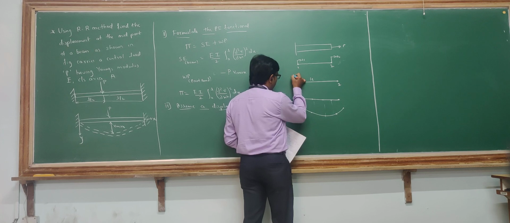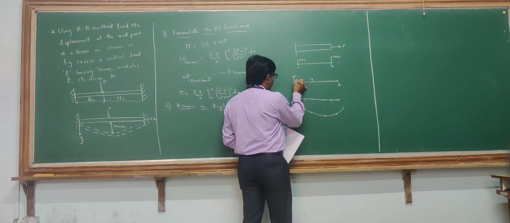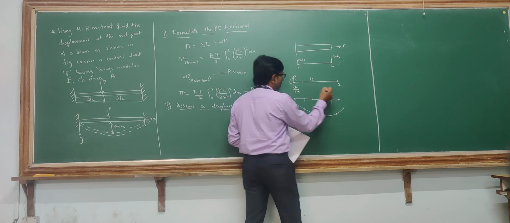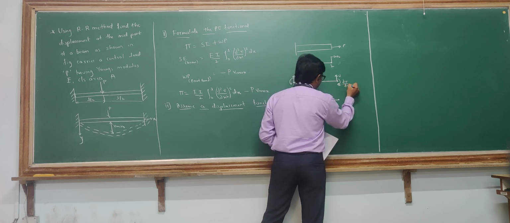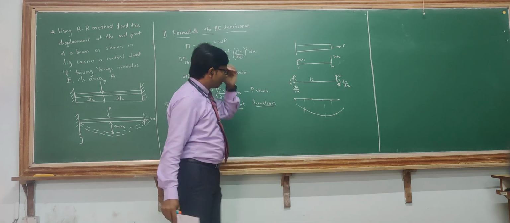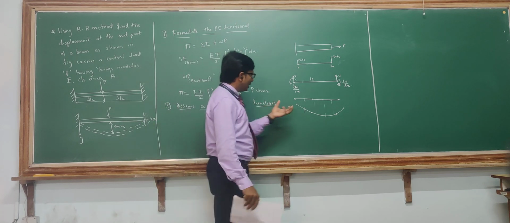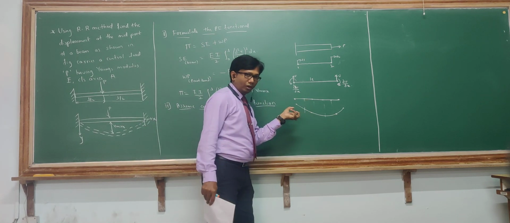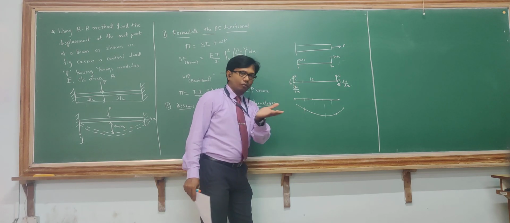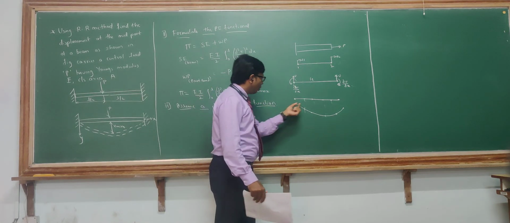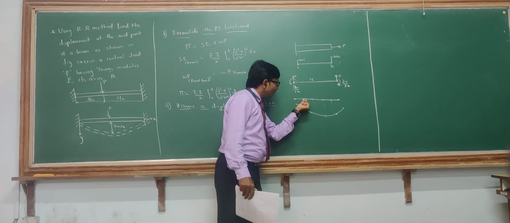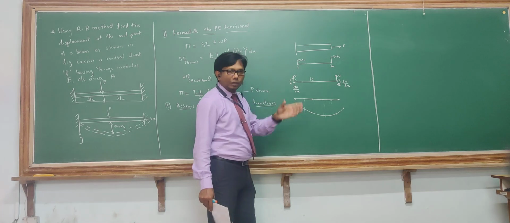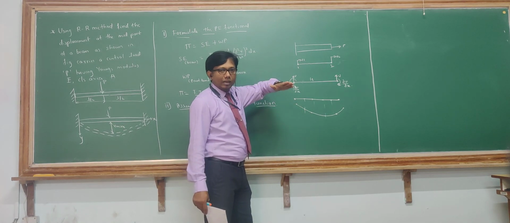One is the vertical motion and the other is the rotation, which we call dv/dx. So there is vertical motion and it has to rotate with respect to dv/dx. I hope it is clear. Once again, whenever a beam bends, the bending is taken in a curvature form, not in a straight line. If I take this as an initial node before bending, when it bends it changes position both vertically and angularly.